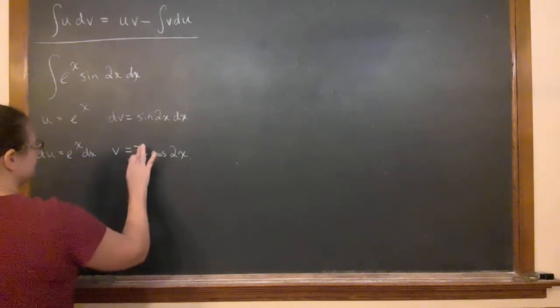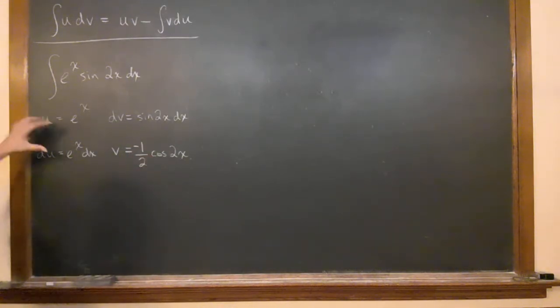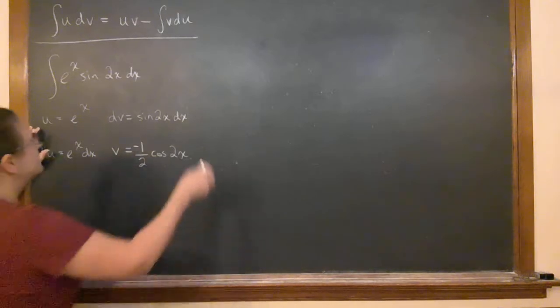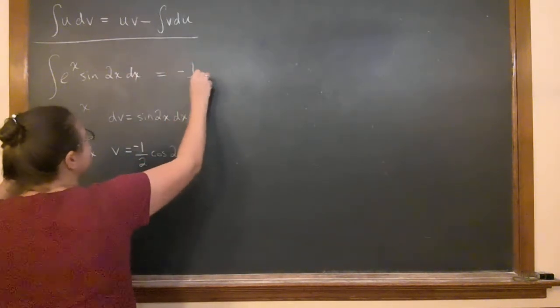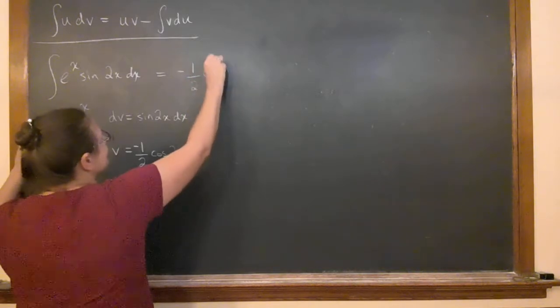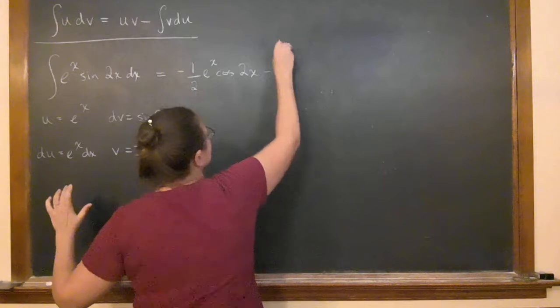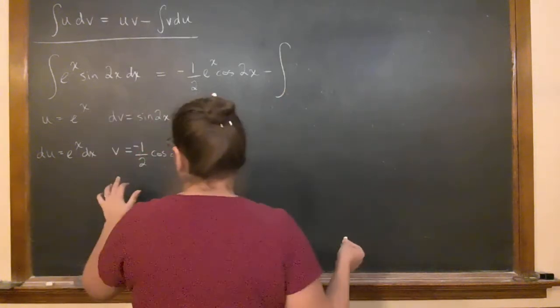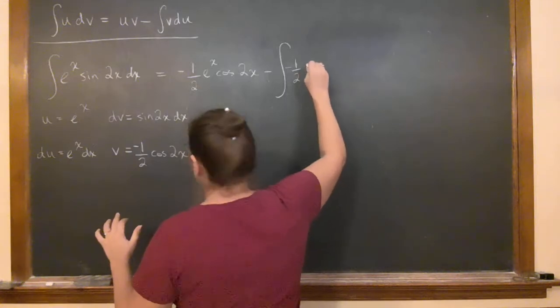It's important to get these minuses and pluses right. So what do I have in my first step? I'm going to have minus 1/2 e to the x cosine 2x minus the integral of negative 1/2 e